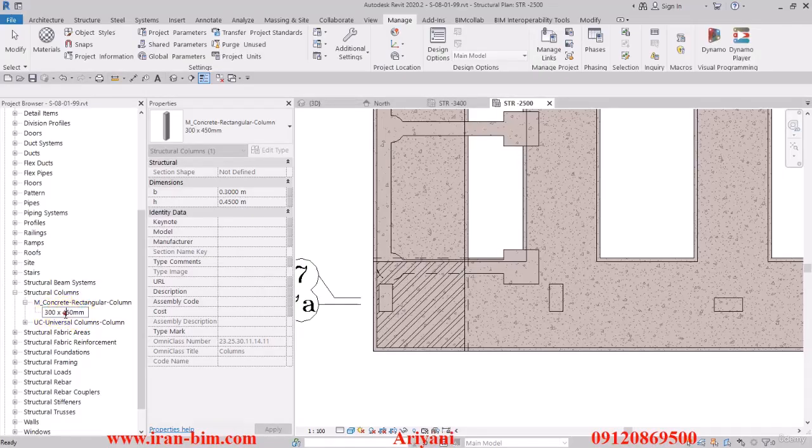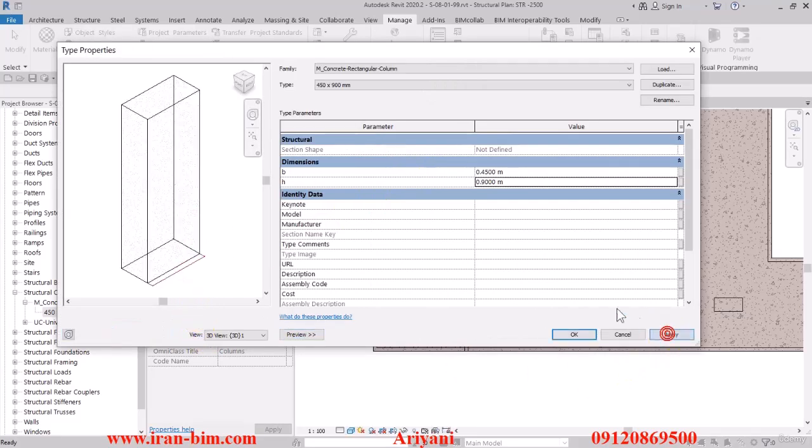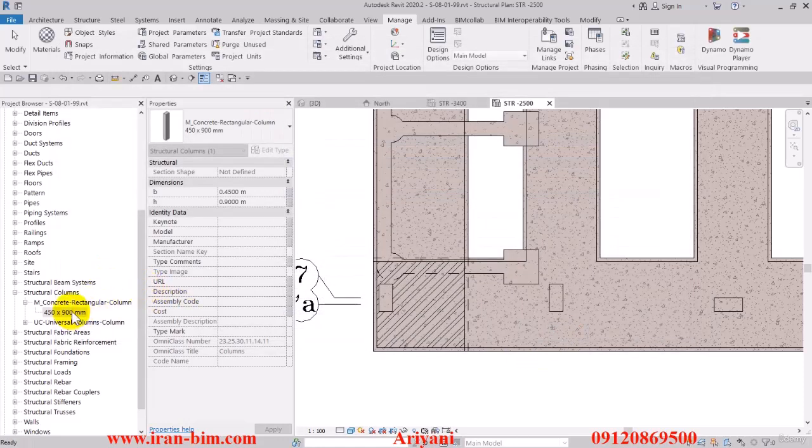So I'll go here and rename this, and I'll type in 450 by 900 mm. After I've done that, I open up the type properties, and here I'll edit the B parameter to 0.45 of a meter, and then after that I'll edit the H parameter to 0.9 of a meter, and then apply. Then I'll go here and make a duplicate of this, and I'll name this one